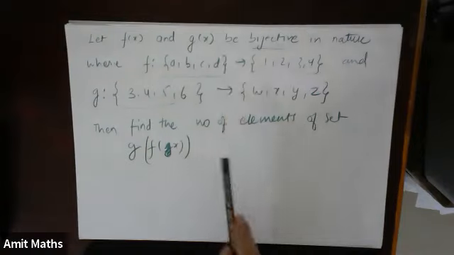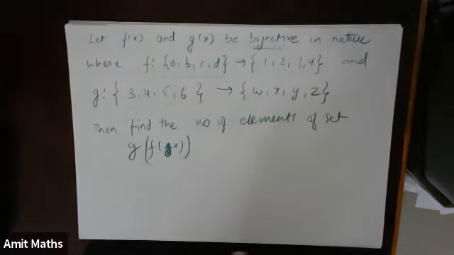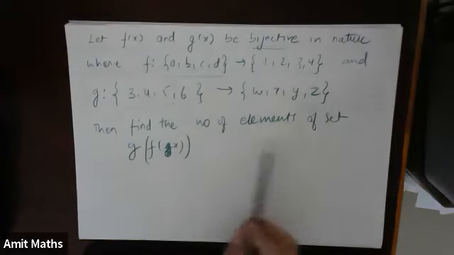Okay, this is the condition given. Then you have to find the number of elements. You don't have to find the elements; you have to just find how many elements will be present in the